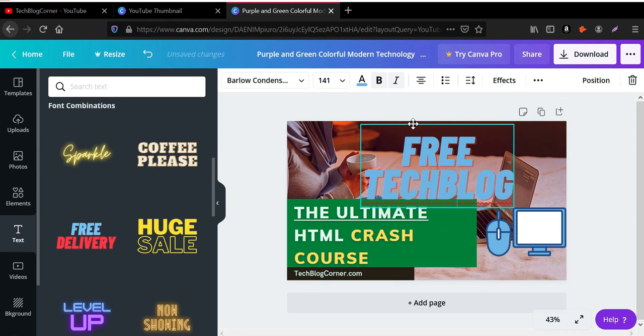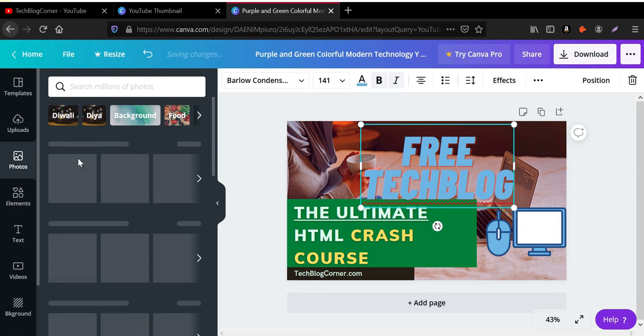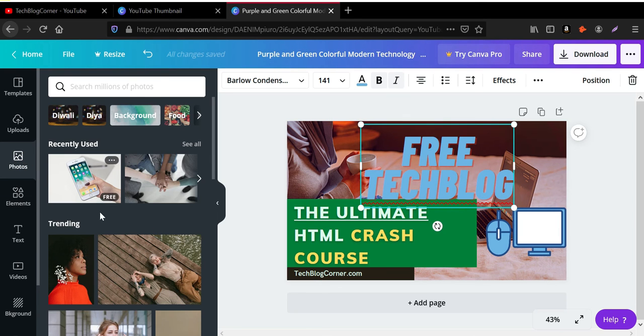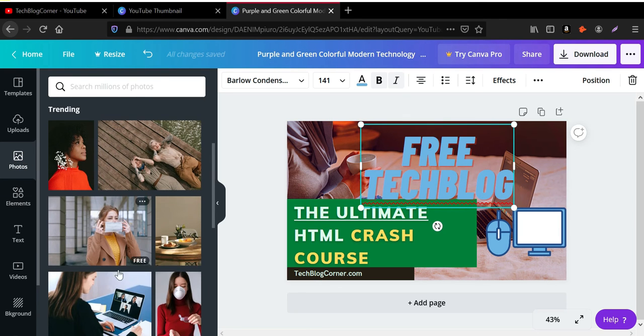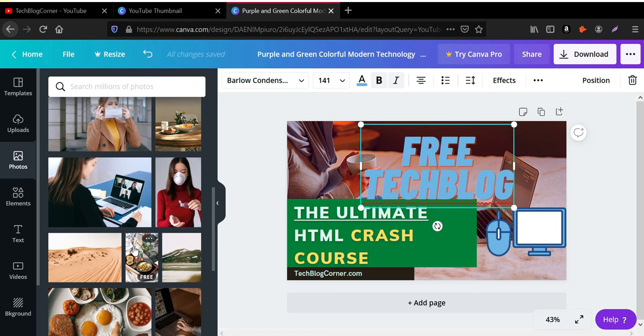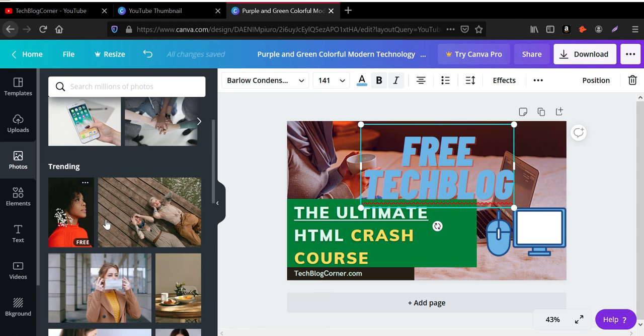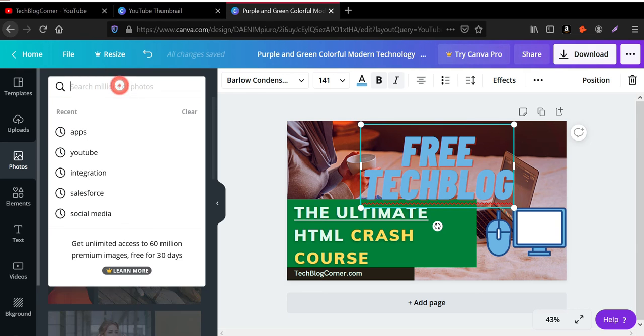Now I want to add an image, so I will click on the photo button, and you can use the images already uploaded by Canva, and there are a lot of free images. I don't think you need to use any other combination of images. If you want to, then you can search, or you can use the premium version.